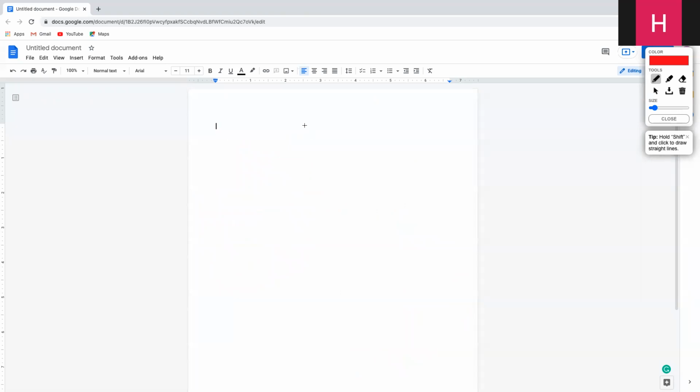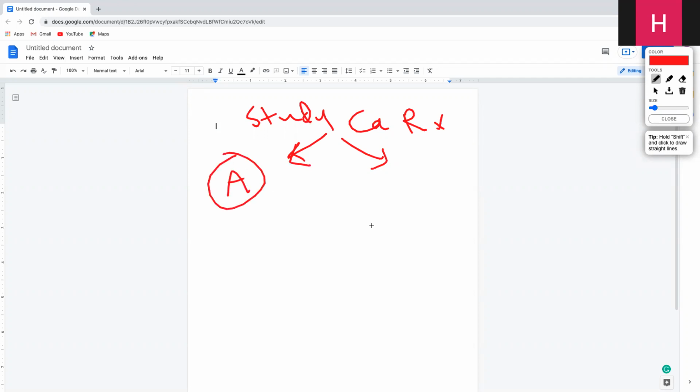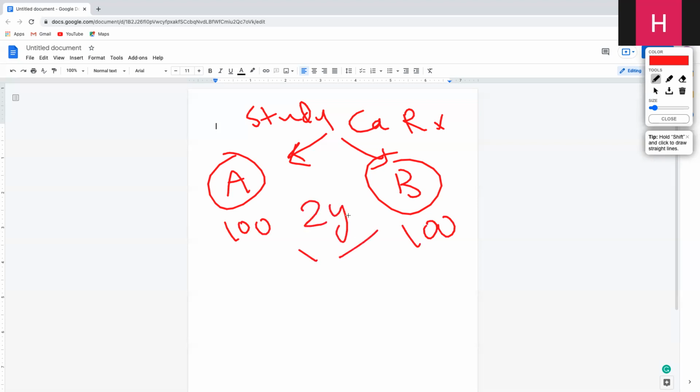So here, the survival analysis. If I told you I did a study for cancer treatment, and I explained this a lot during the Skype session. I have 2 medications, medication A and medication B. I have 100 patients here and 100 patients here, and I tested them over a 2 year period. By the end of 2 years,